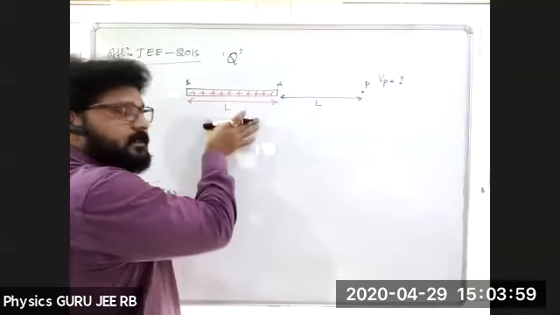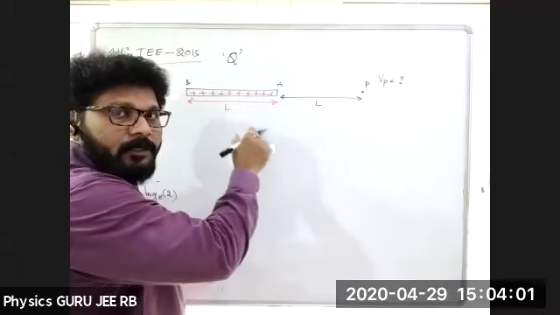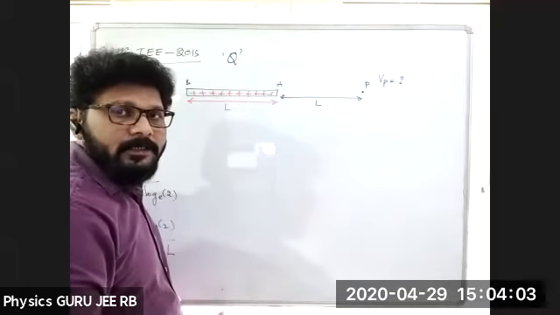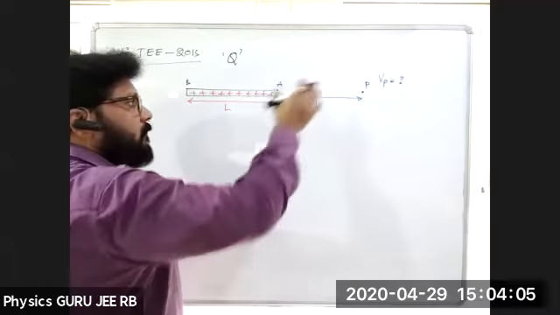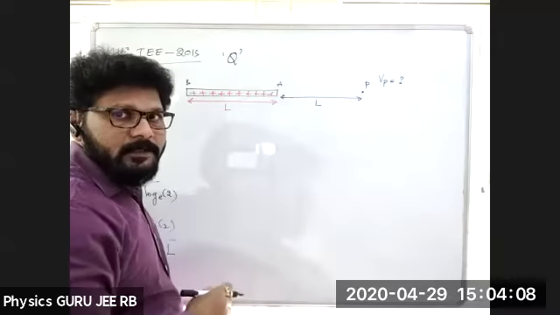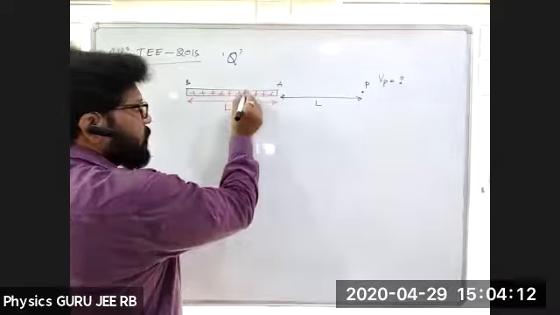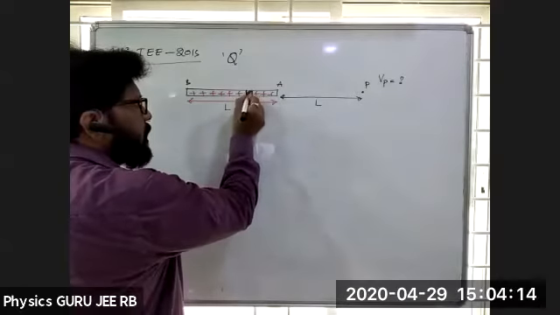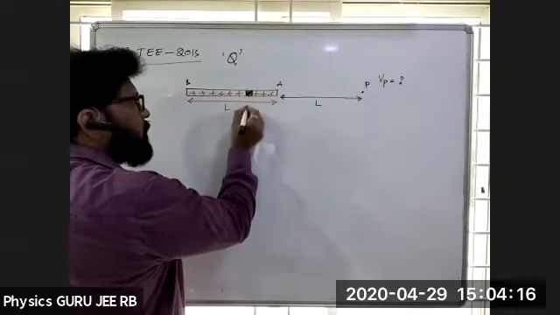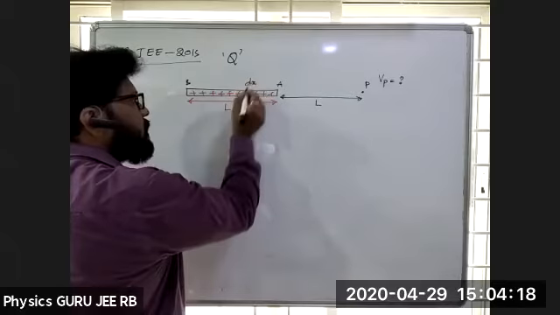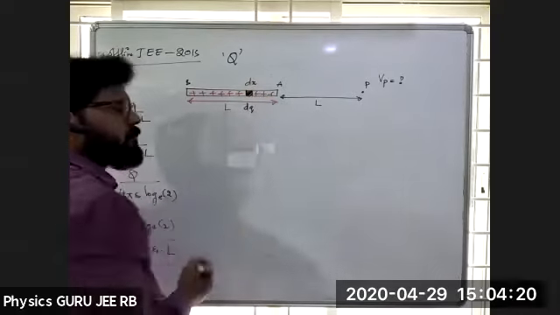This is nothing but an extended body. We have a formula only for a point charged body. Now how do we calculate for a point charge when the body is extended? Same process. We'll take small elements. A small element of width dx, and dq is the charge on it.